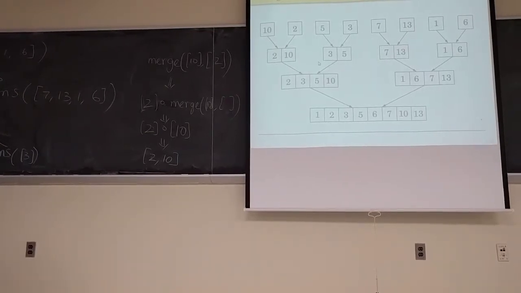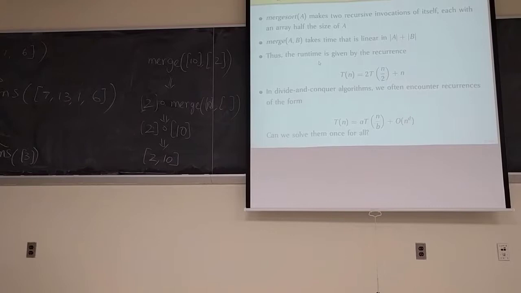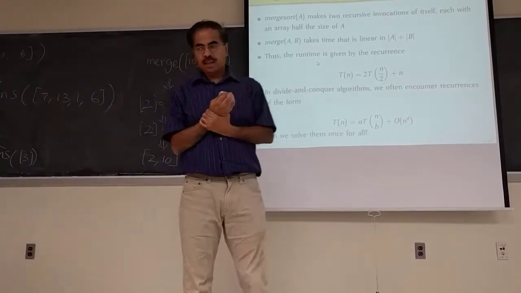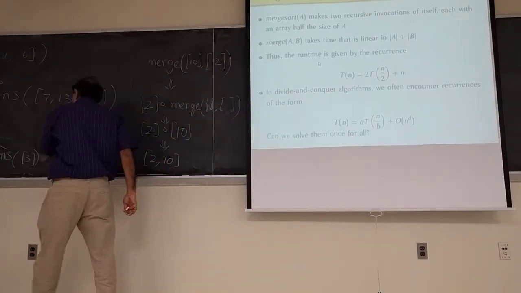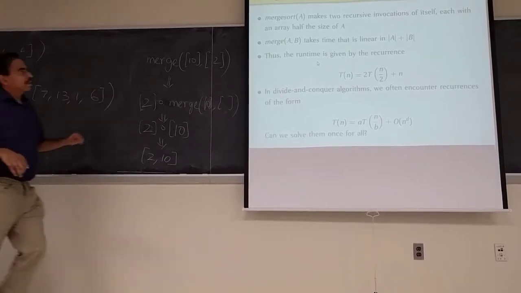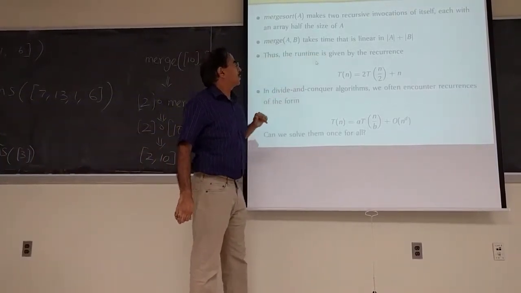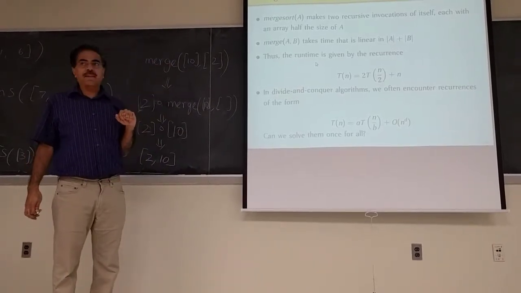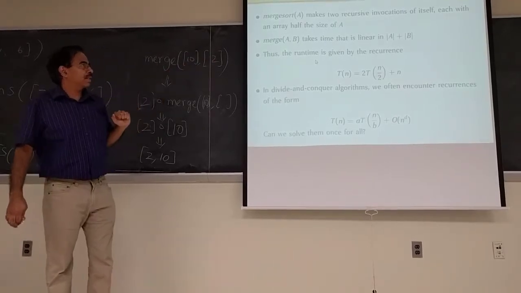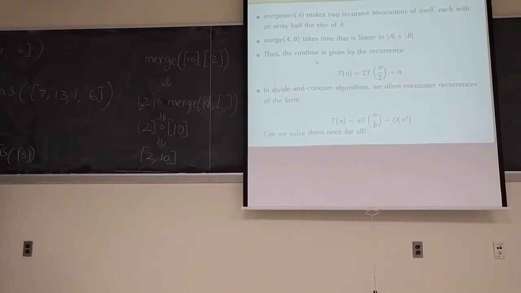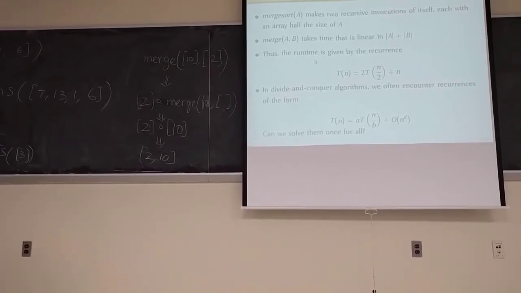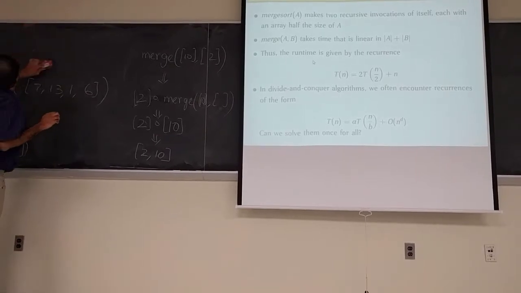Pretty straightforward, right? So let's look at the time complexity. How it works is fairly easy to understand. Let's try to understand how much time it takes. We have already said merge A comma B takes time that's linear in the size of A plus the size of B. So when you merge two arrays, it takes time linear in the sizes of the input arrays. Given that, we can write